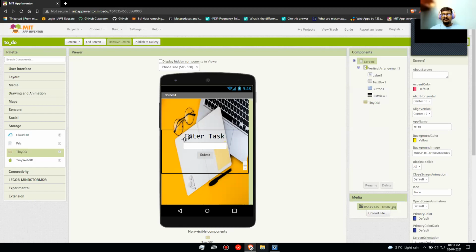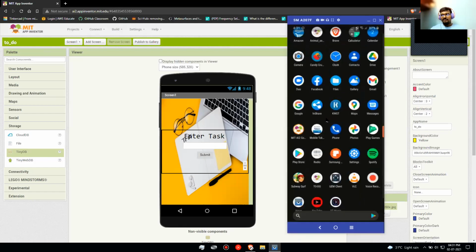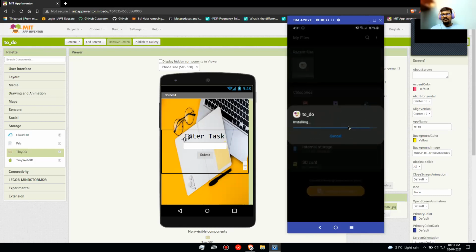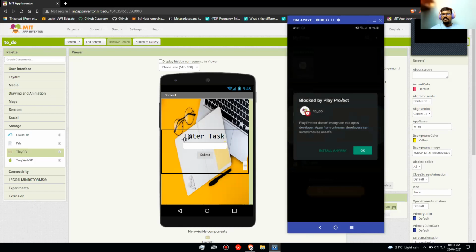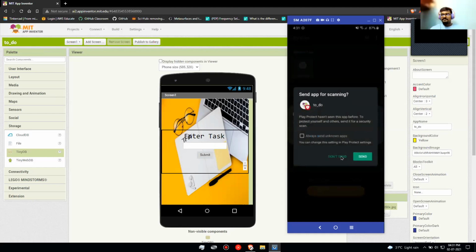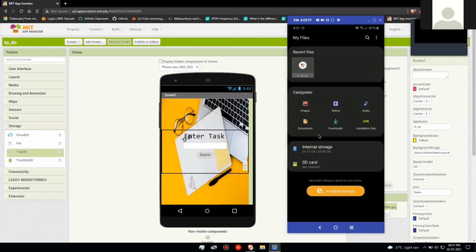Yeah. अभी मैं आपको दिखाऊं तो if I try to install this app, I will get a warning by Play Protect. Play Protection doesn't recognize this app developer. Apps from unknown developers can sometimes be unsafe, but we know हमने ही बनाया and we want to test it anyway. So you can click on install anyway. Here it is in the mail itself. Okay. In the Gmail itself, it says that it is blocked. I'm sending it from the mail, no? Through the mail to the phone.